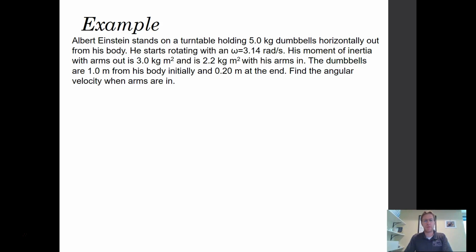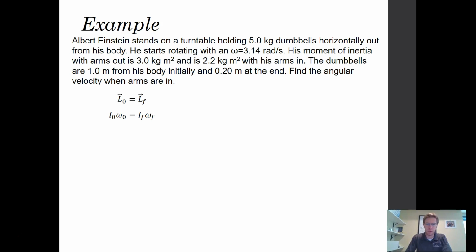So again, we already said we have an isolated system, so we're going to use conservation of angular momentum. That means that the initial angular momentum equals the final angular momentum, and angular momentum is I times omega, right? So I initial omega initial equals I final omega final. Now we want to figure out the final angular velocity, omega final. We know omega initial, it's given to us, 3.14 radians per second, but what is I initial and what is